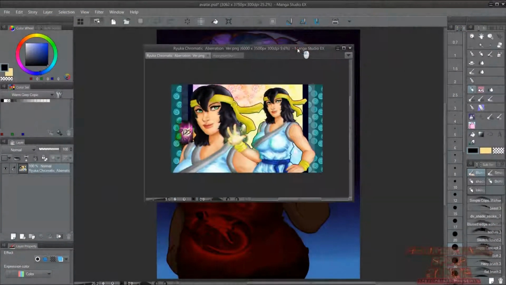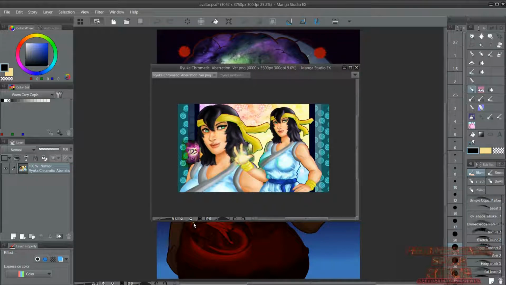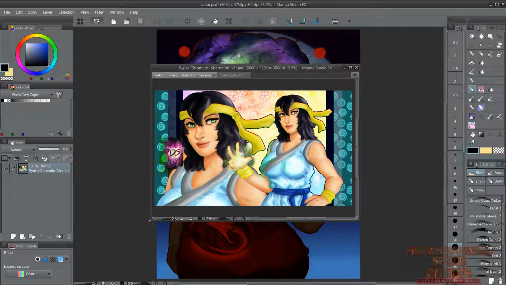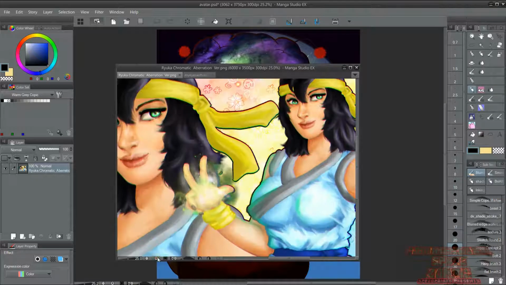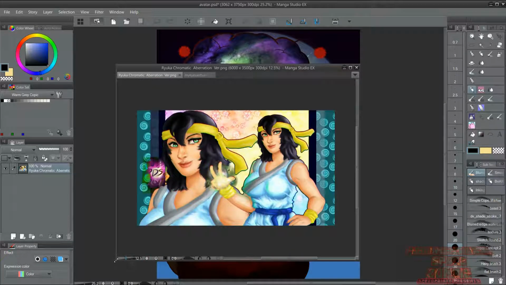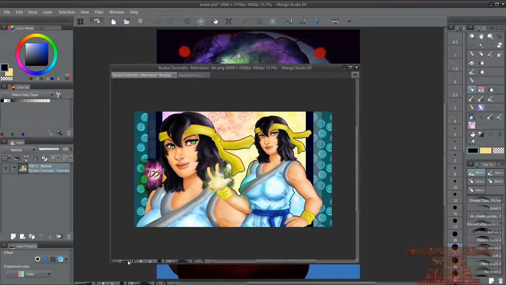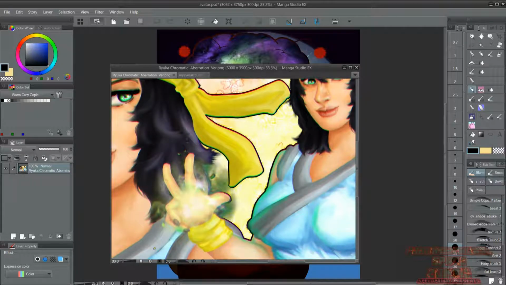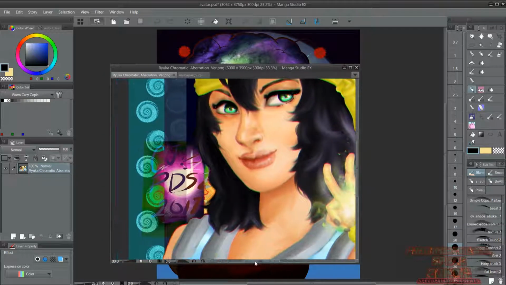Okay, the tutorial I will be showing you guys today is called Chromatic Aberration. I guess most people know it as the 3D effect, and maybe you all know how to do this, but a little while ago, like a couple of months, I did not know how to do this. I just started to add this technique to my art repertoire. But in case you don't know, chromatic aberration or the 3D effect,